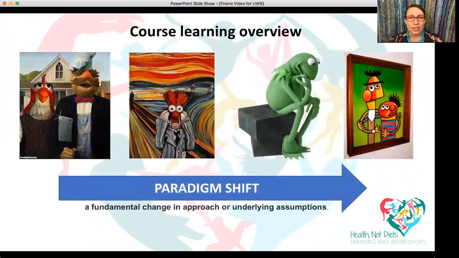Now, in this course, I am going to first take you through the perils of current weight loss research and BMI research, and talk about the nitty-gritty of those and how they are quite highly flawed and how we need to be very sceptical about the conclusions that are drawn from those studies. I'm also going to talk about the long-term outlook for weight-centric perspectives, and that might shock you a bit, and I think that's a good thing.